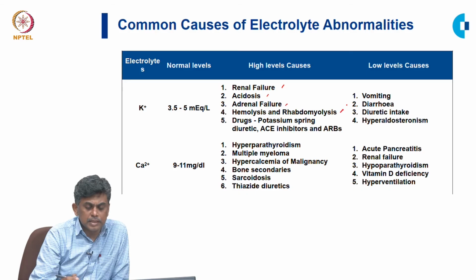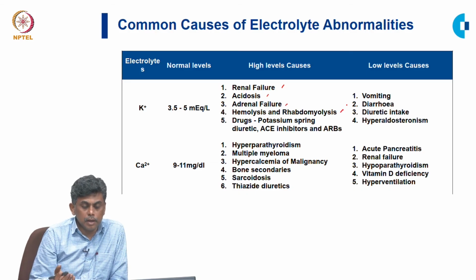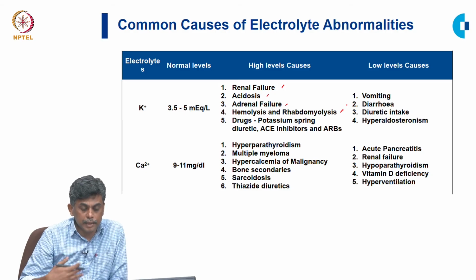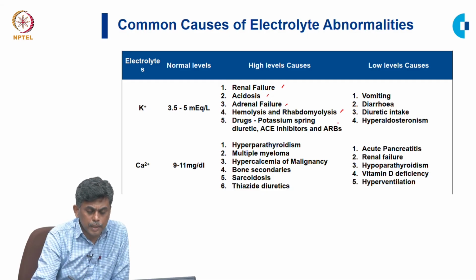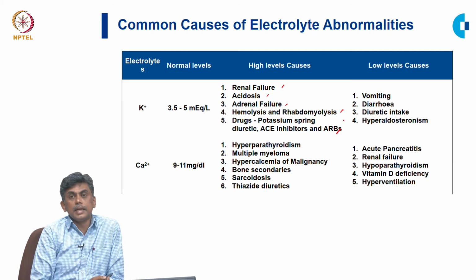Any lysis of any cell, either it is RBC or the muscle cells. So what happens? The muscles are damaged, so muscles release the intracellular potassium and that comes out, and that is another cause for hyperkalemia. And another common cause of hyperkalemia is usage of potassium sparing diuretics and using ACE inhibitors and